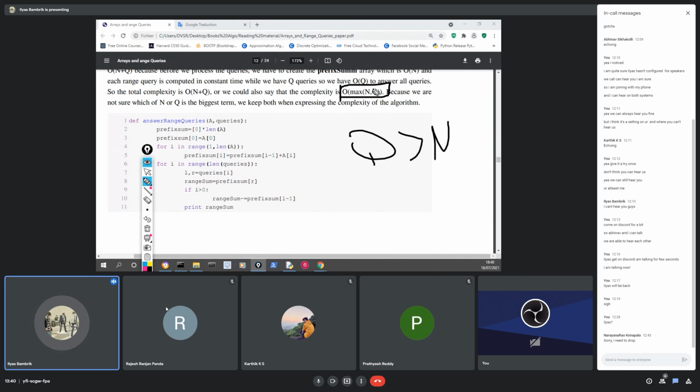So whichever of the two is bigger, it would be O of that biggest term. So both answers would be correct. Most of the time people use this expression more like O of n plus q, especially in